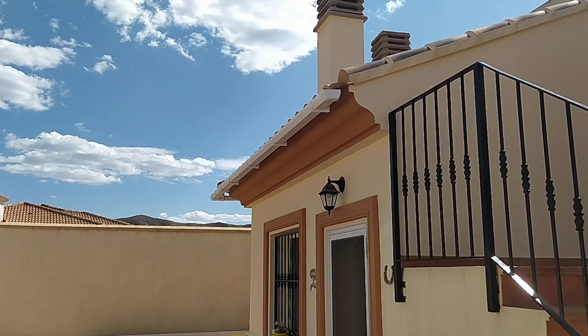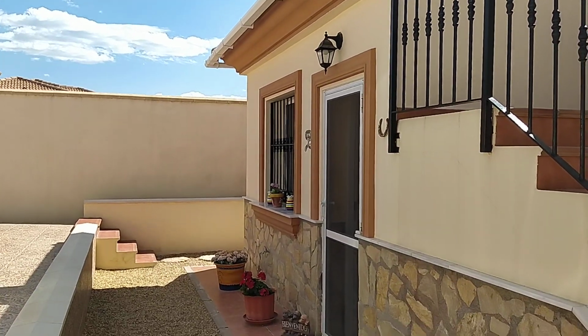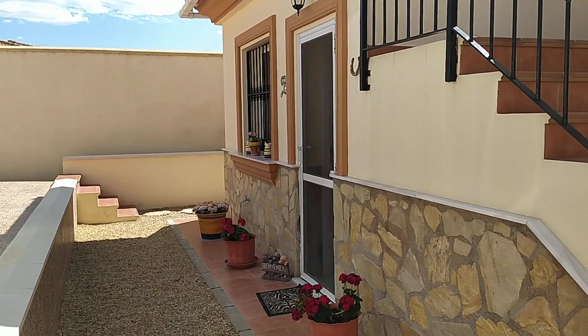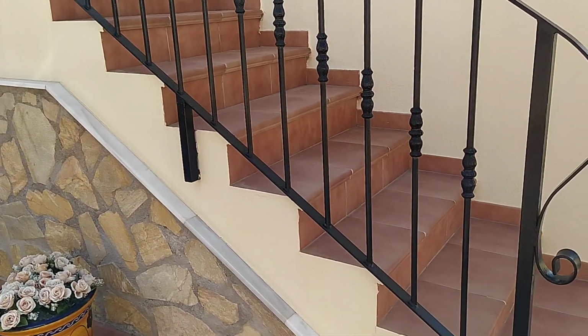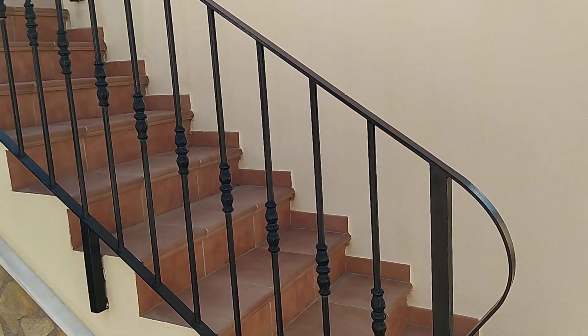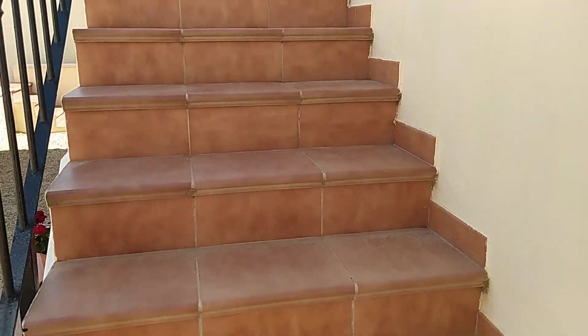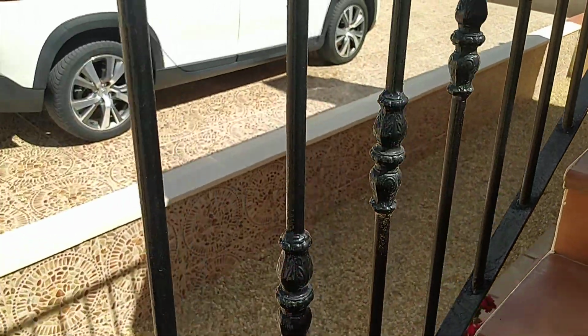So I've popped round to the other side of the property. This is, if you like, the back door, which leads straight into the kitchen. This is immediately adjacent to the car parking area, so perfectly located. Steps going up to a wonderful roof terrace. Now I'm going to take a wander up there and film the car parking area, because from down here I can't help but get the number plate, which I don't want to do. So you can see from the side,